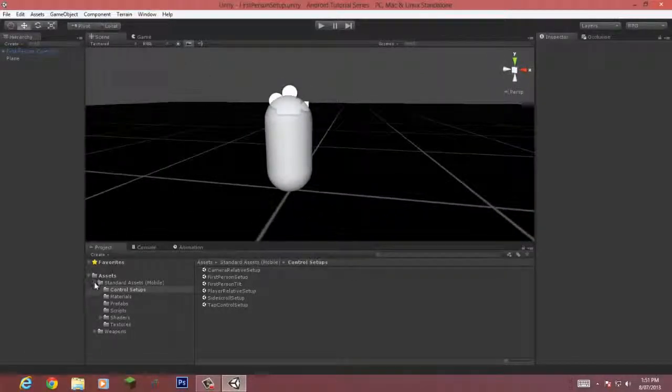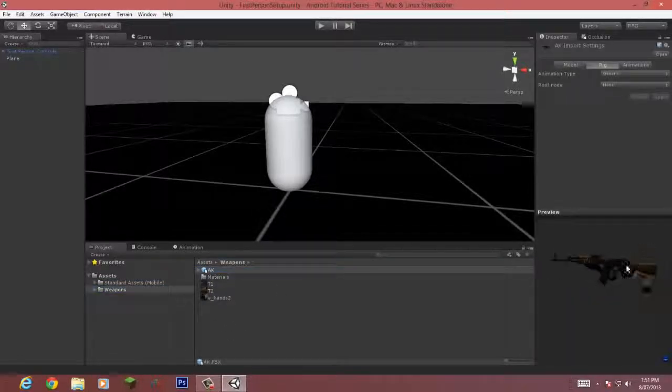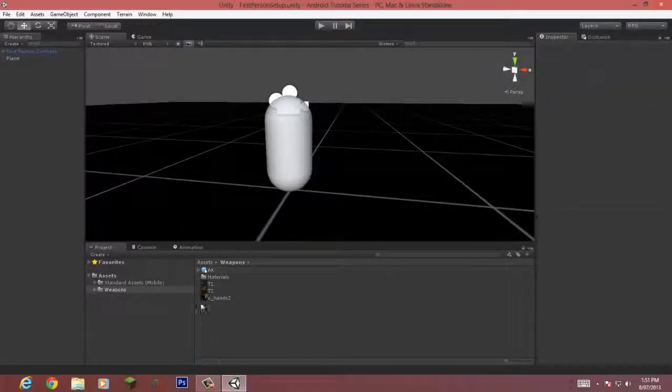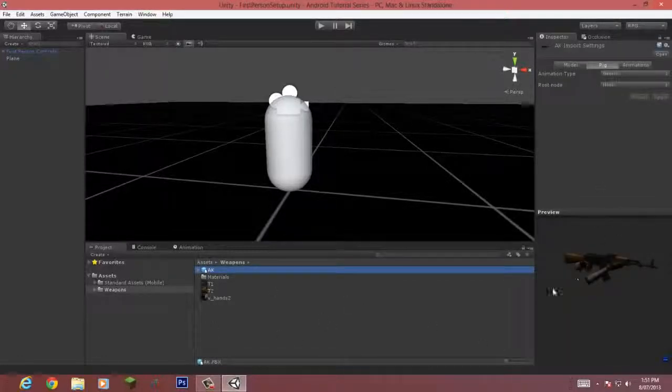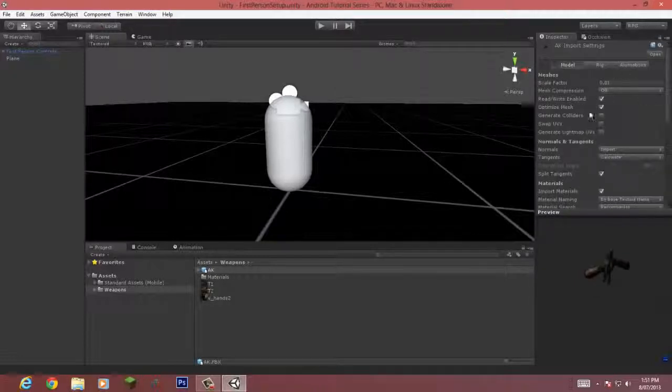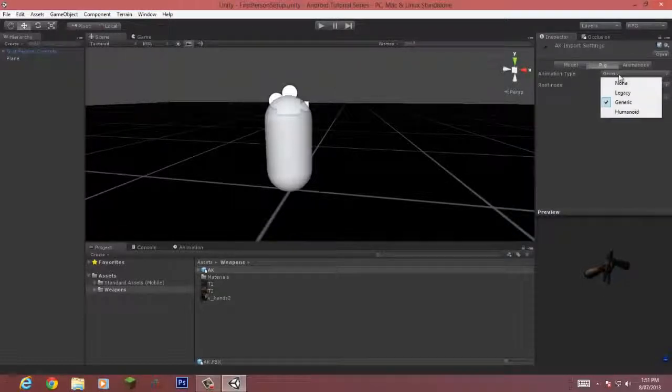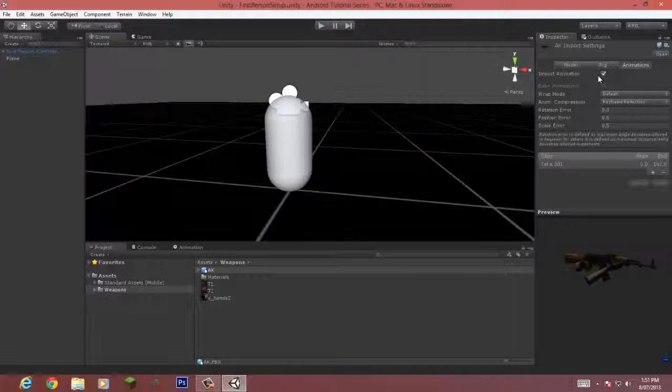So we're going to want to just jump in here. I've got a weapon that I found from a website that's open, so I'll link it in the description so that everyone can have it. So once you've imported it, you'll want to click on the AK, go up to Model, make sure it only has read-write enabled and optimized mesh on. Then you'll want to go to Rig, make sure it's put to Legacy, click Apply, and then go to Animations,